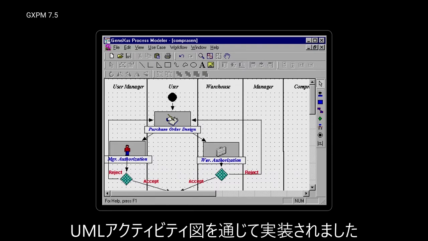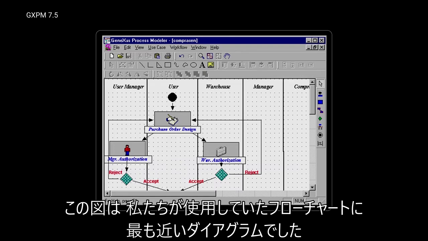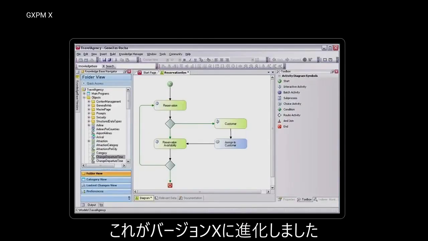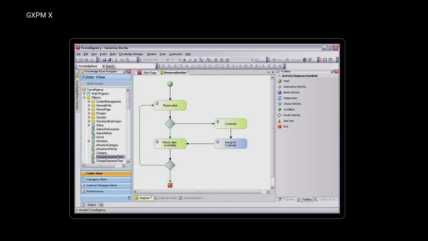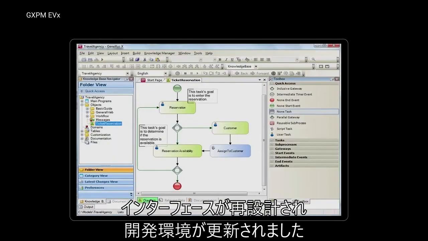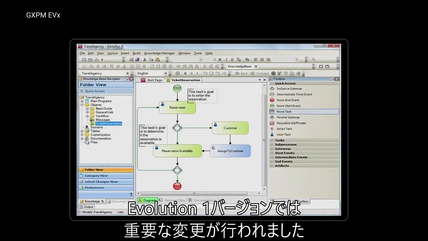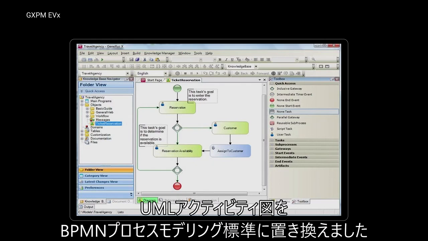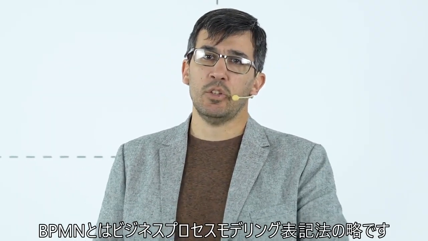which was implemented through the activity diagram UML, which was the diagram that we believed resembled the most those flow diagrams that we were using. Then we evolved, and in GeneXus X, we redesigned the interface. So we updated the development environment, and in the Evolution 1 version, we do have some significant changes because we left aside the UML activity diagram and we replaced that with the process modeling standard of BPMN, which stands for